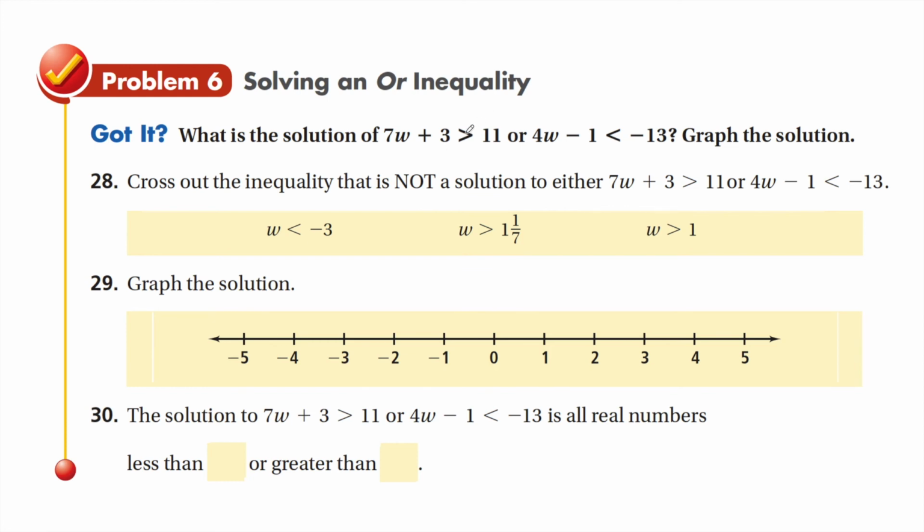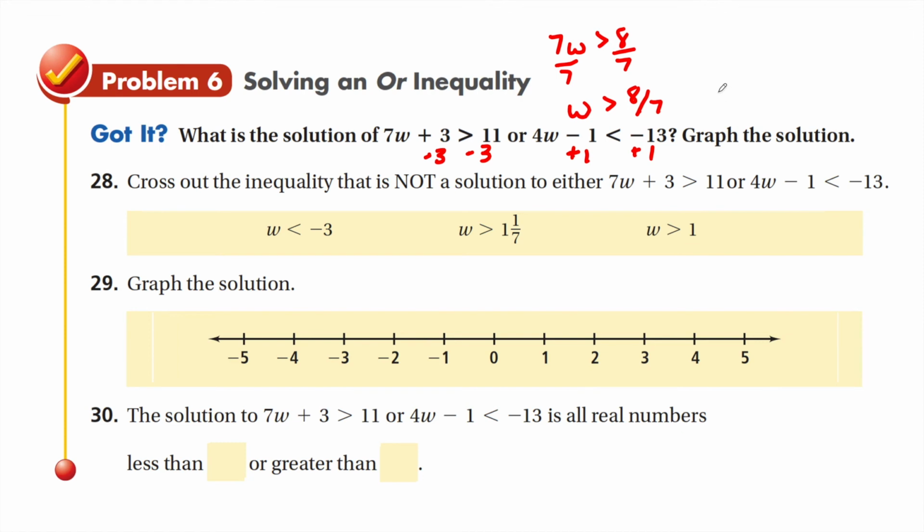Well, if I were to solve it out, I'm going to do minus 3, and now you're looking at 7w is greater than 8. Divide both sides by 7. You'll get w is greater than 8 over 7. That's the first one. The next one, add 1 plus 1,